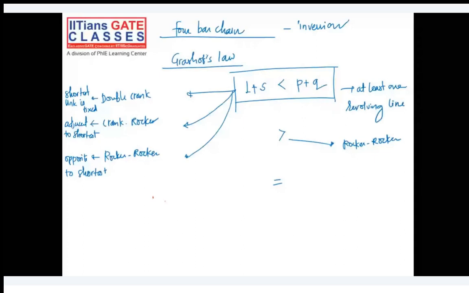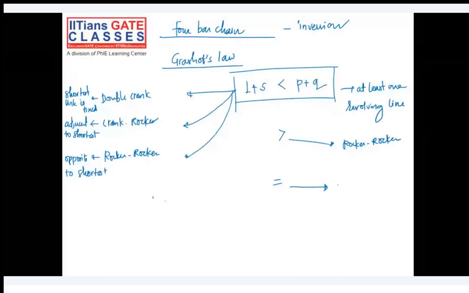So in this case, there were two types. The locomotive example we have studied, wheels of locomotive, where we have double crank,